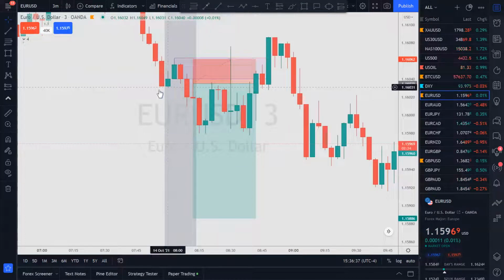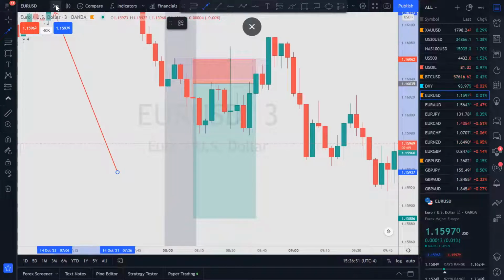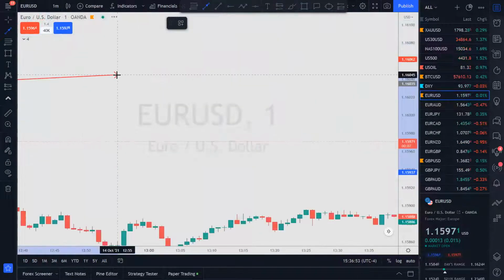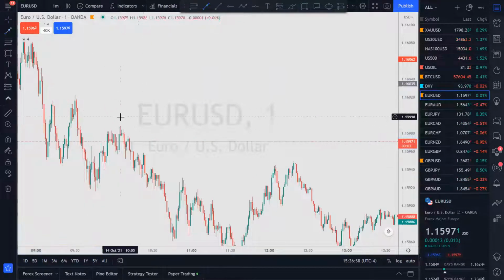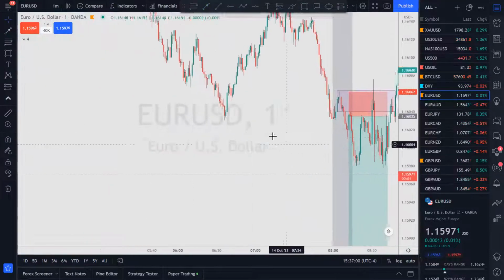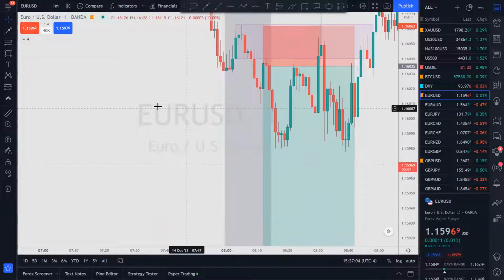As you can see, let me get a pointer. As you can see here, price came back and got me out, right? What did I do? I jumped right back in, right off the same candle. Let me see something here. Go to the one. I jumped right back in this thing. I said, you ain't kicked me out of this trade. I think it's good. That's because I was married to the idea, and I should have been more flexible.